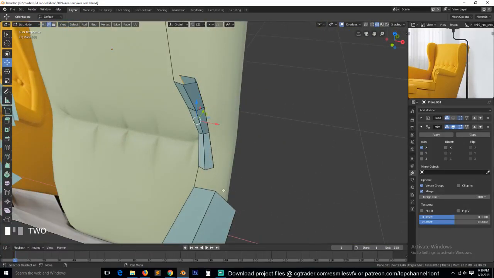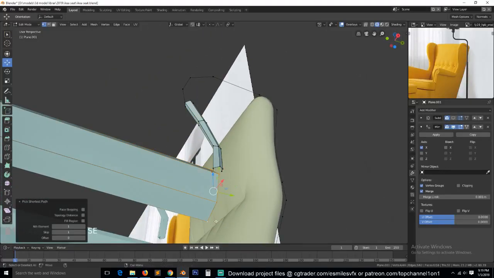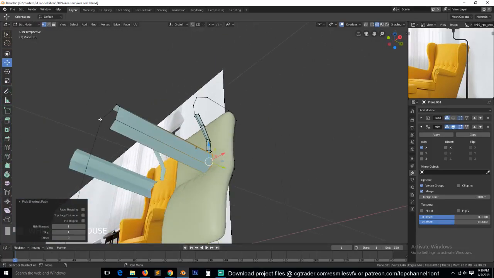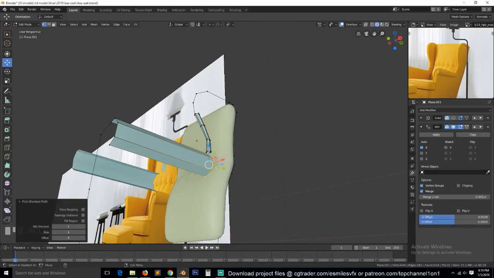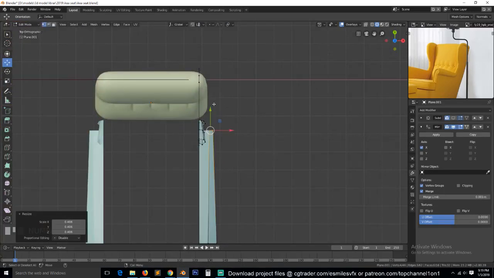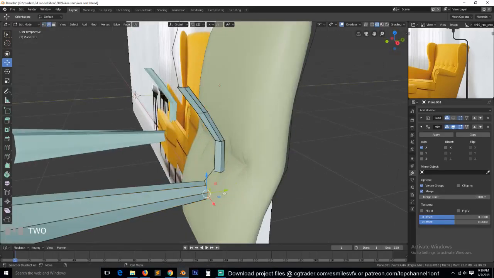Now we can simply select these loops here, because you see this part here starts out large and then becomes smaller as we go to the back. So we can also scale it down a bit and push it inwards like that, and we just need to connect